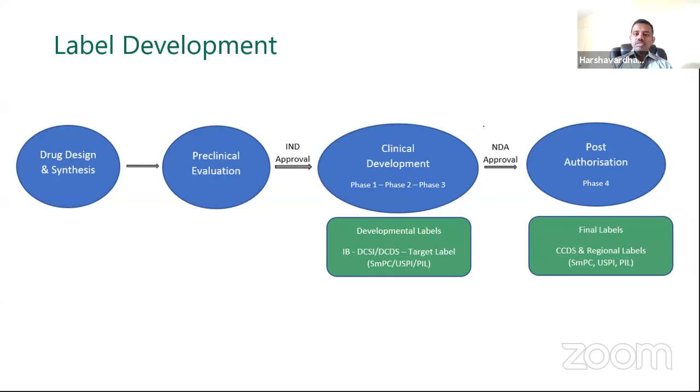You could see the different labels, that is IB. IB is nothing but the investigator brochure, which starts in the beginning of the clinical development, that is phase 1 of the clinical trials. Then the second label subsequently starts at phase 2, which would be the developmental core safety information, and from the developmental core safety information, companies develop the developmental company core data sheet. Once these two are ready and giving proper results, once the product enters phase 3, companies will start preparing the target label. That will be the European SmPC or USPI or package information leaflets or medication guides or some other labels based on